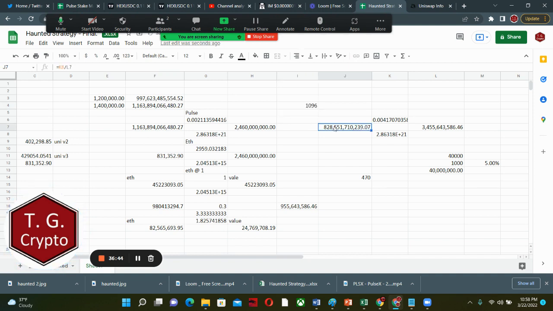So if we take this number, this will equal, here's our ETH value, and then times this. So between Uniswap version 2 and Uniswap version 3, from the buyout, what has to be put out there is,